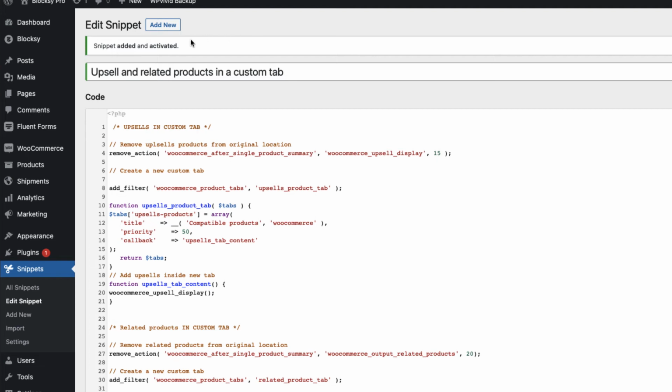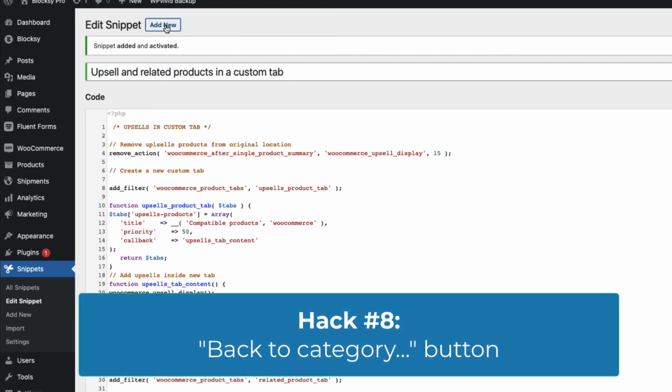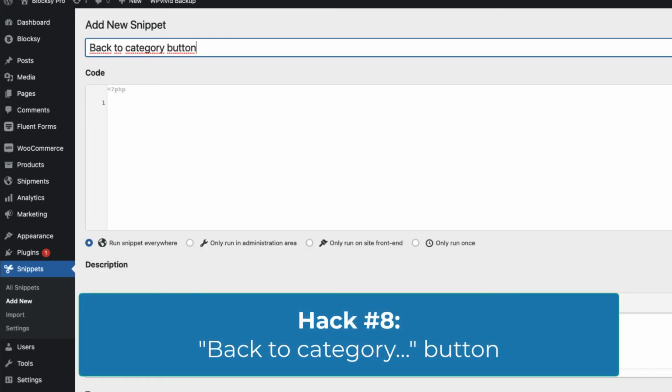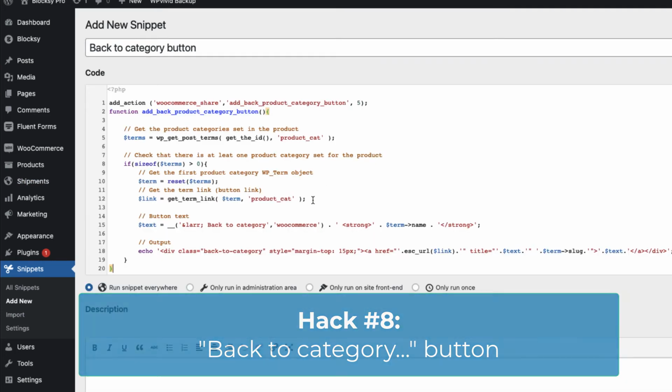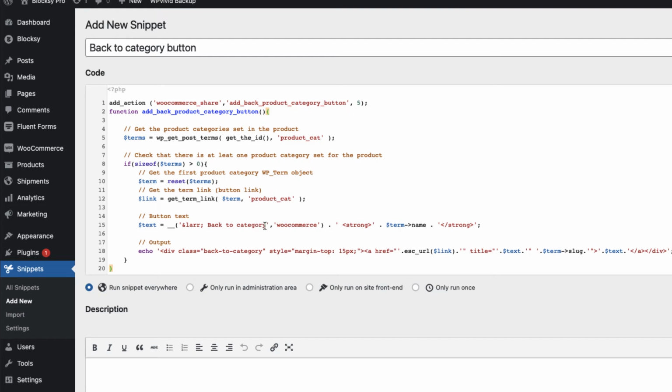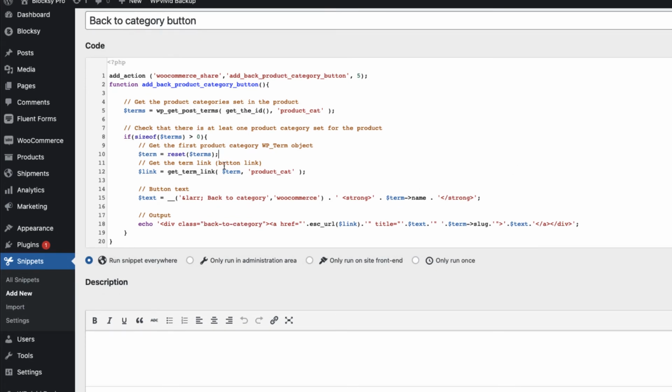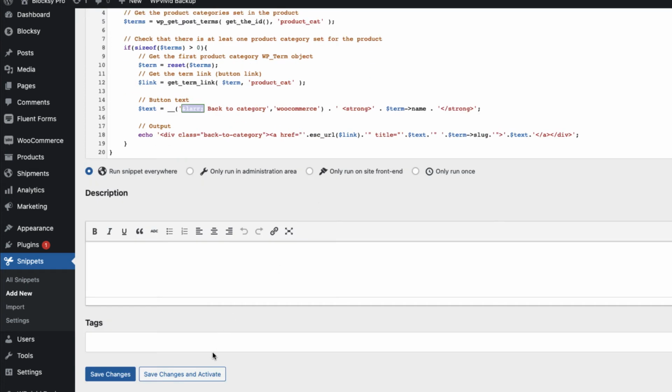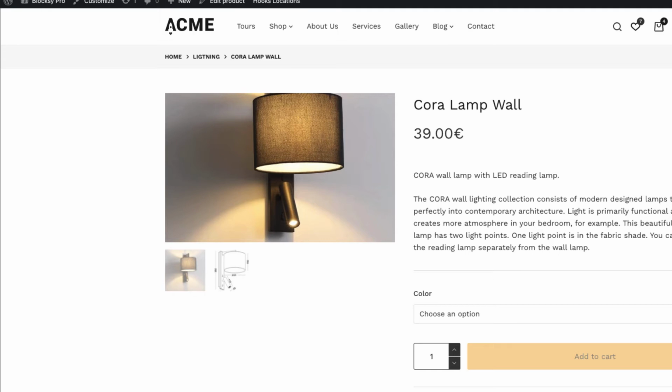Okay, next hack. Let's add the back to category button. Once again, a title and a snippet. If you want to rename it, then just change this one here. This is a class here I'm gonna later use for customization. And this one here adds an arrow. Let's test it out. Save changes, go back to the product, refresh,